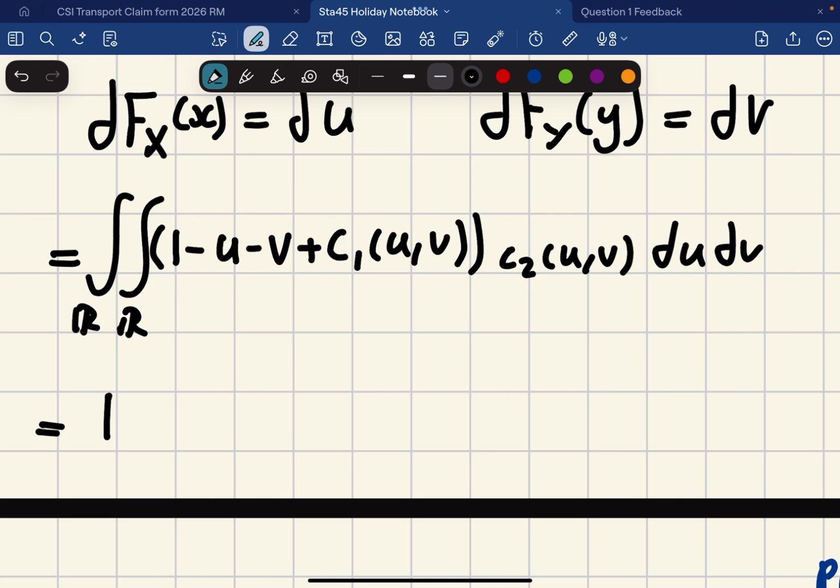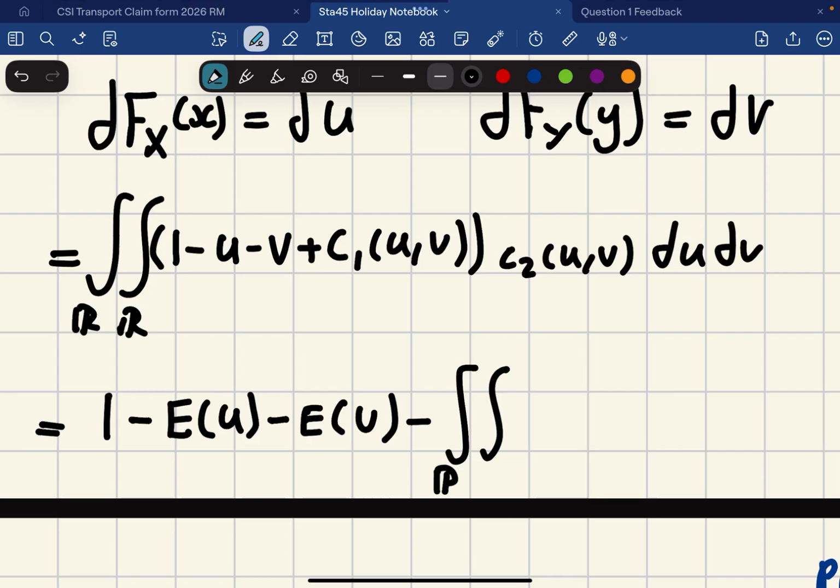The same logic applies to joint variables, or sorry, to joint distributions. The same logic applies. And the next one is going to give us the expectation of U, because we have U times PDF. And the next one also is going to give us the expectation of V minus this very special integral here,